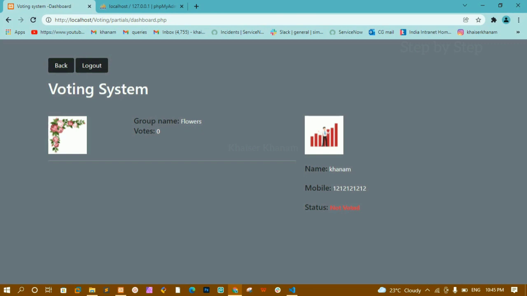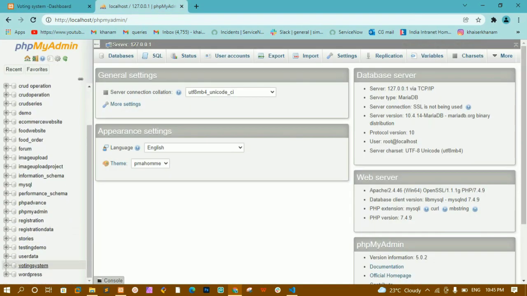I'll refresh this. Now you can see here I am having the group image. Whatever group is present inside the database, that group image is being displayed for me, and also the group name is being displayed for me. As of now I don't have any votes because I have not implemented any button yet. You can see here I am having 0 votes, but the data whatever I am having inside the database is being displayed here. Let me come here inside voting system,